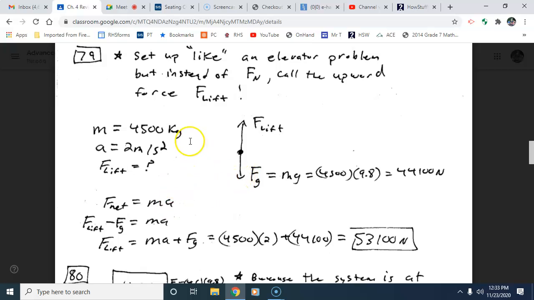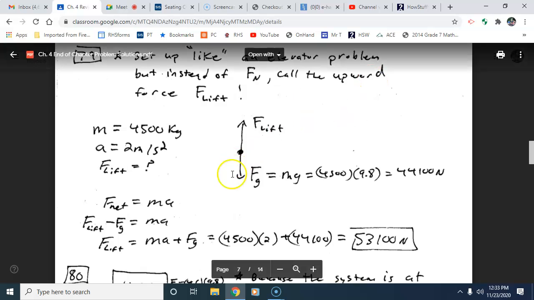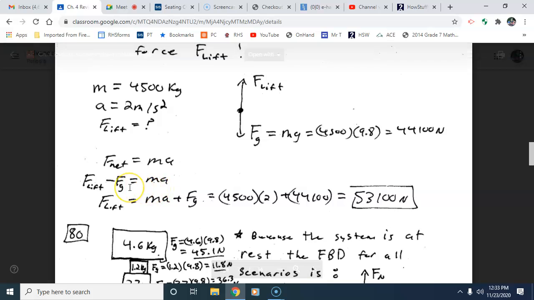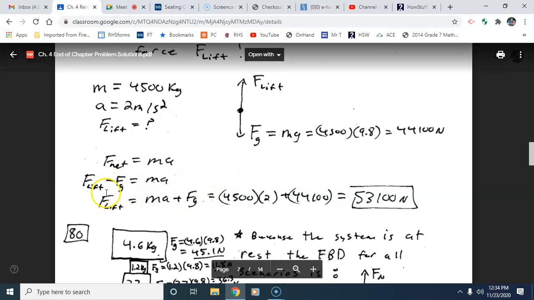So it told us that the mass of this helicopter is 4,500 kilograms. The acceleration was positive 2 meters per second squared. We wanted to figure out what lift force, and they actually called it the lift force. So that's the upward force, all right? And when you do this, doesn't that look like a heck of a lot like either an elevator or a vertical tension problem? We got the upward force minus the downward force is the Fnet, because those are the 2 on that axis, right? Equals ma, and all we got to do is solve for the lift force,